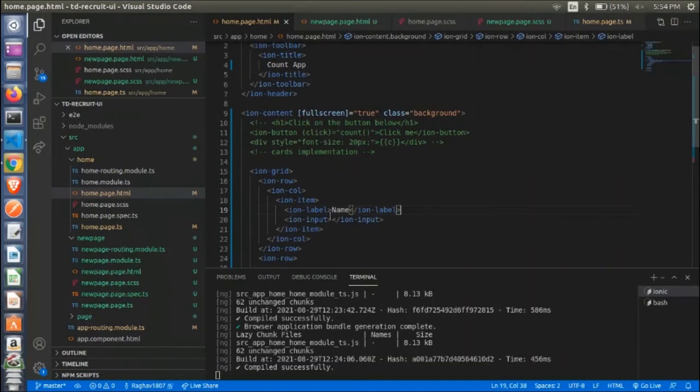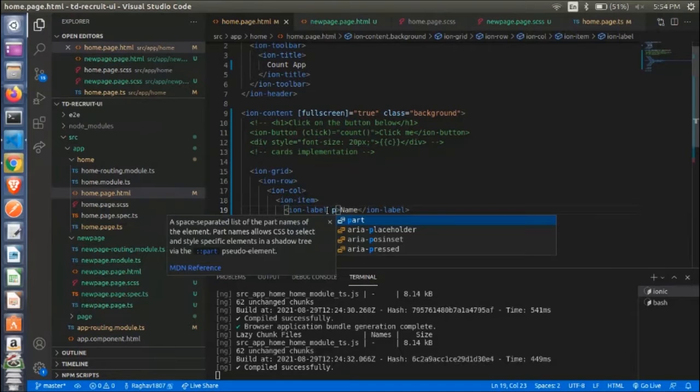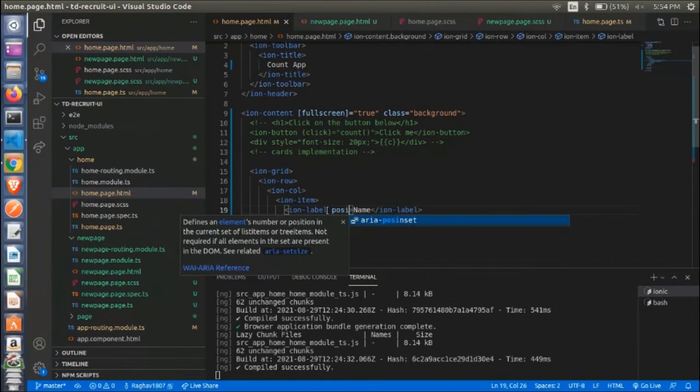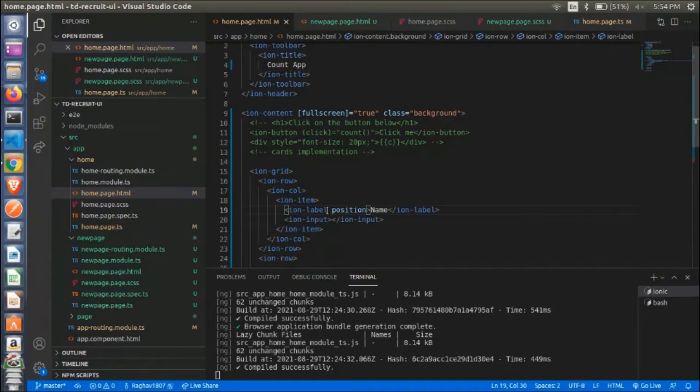Now next, there are various types of labels. To specify the type of label that you want, first you need to specify the argument position, position equal to double quotes. For example, here I will be using a floating label. So I will specify here floating.